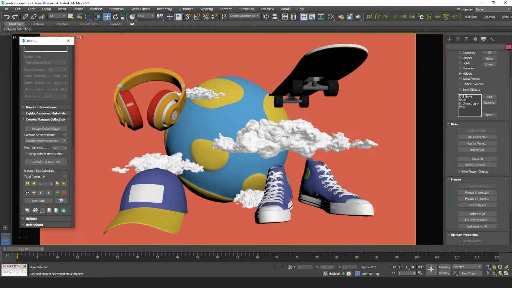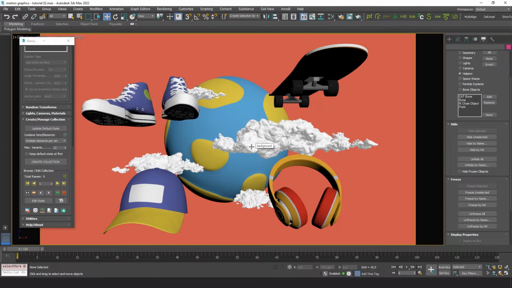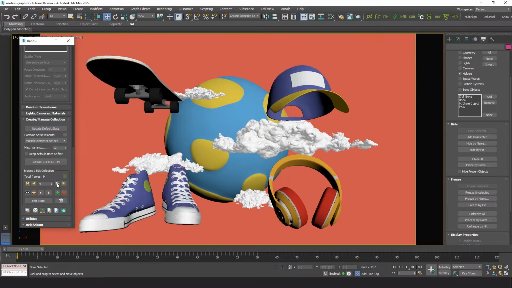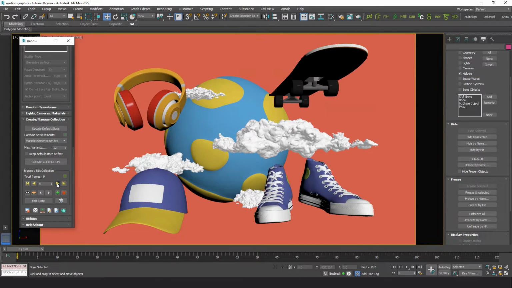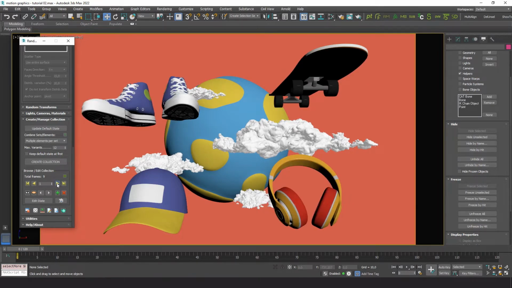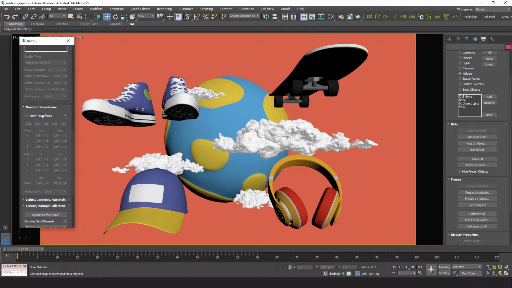We can shuffle the collection to get more variation between consecutive frames. That's better. Now let's apply some random transforms.